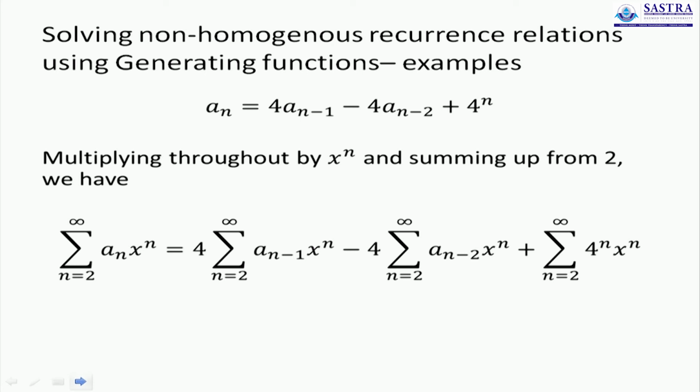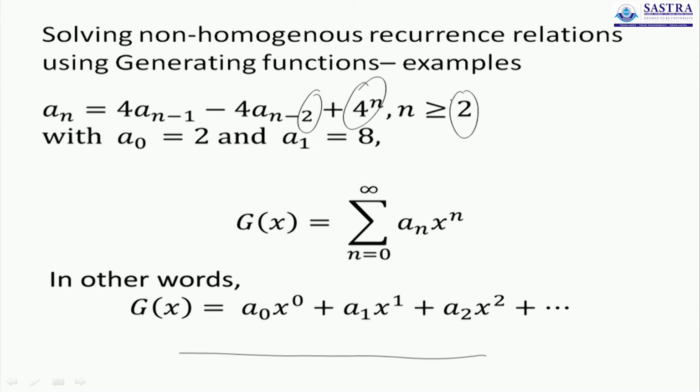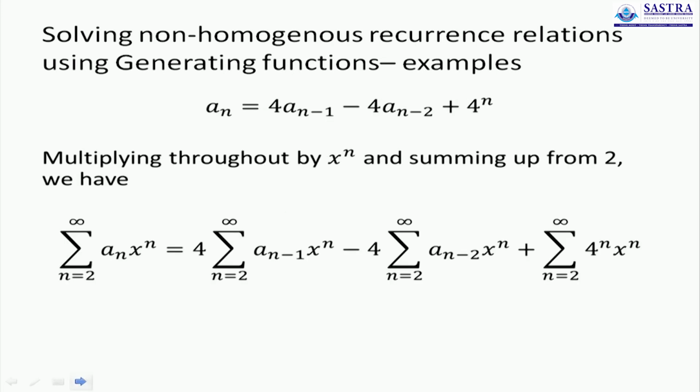Once again, to insert the powers of x and to introduce the summation, we will multiply throughout the given recurrence relation by a power of x, x power n that is, and do the summation from a uniform starting point. And the uniform starting point for this problem is at 2. Unlike the previous problem where we started from 1, we are supposed to start from 2 here, because the formula is valid only when n is greater than or equal to 2. So we have this summation where every summation happens from the same starting point 2.